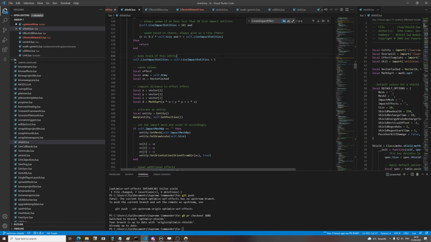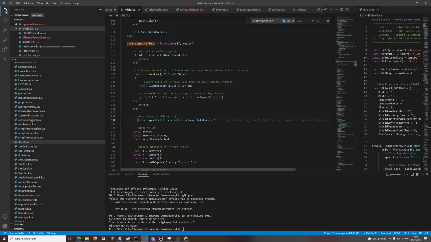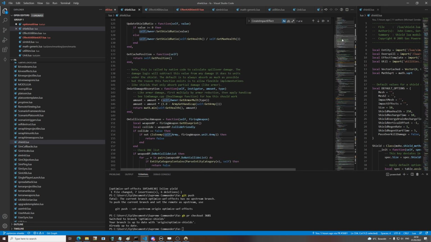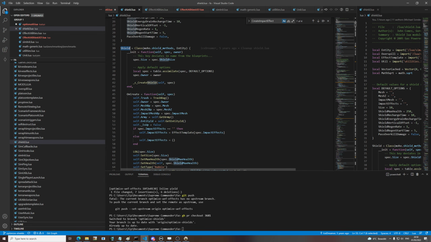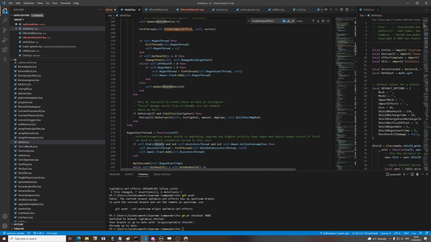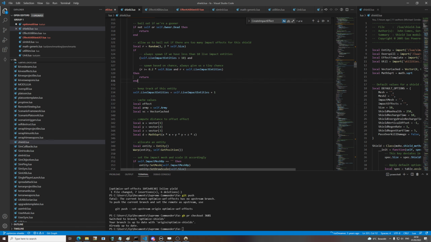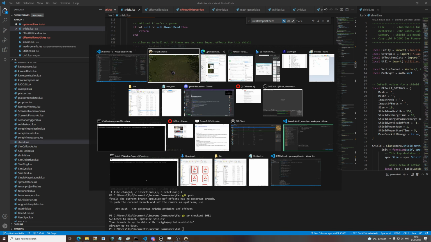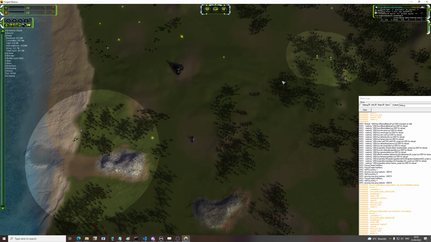Right? And since this self value is part of the shield class, that means that each shield will track their own number of live impact entities. And with that, I can make an educated guess saying that, well, if we have a certain size, then we would expect a certain number of these impact entities to happen. So for the shield that we were having here, or here,